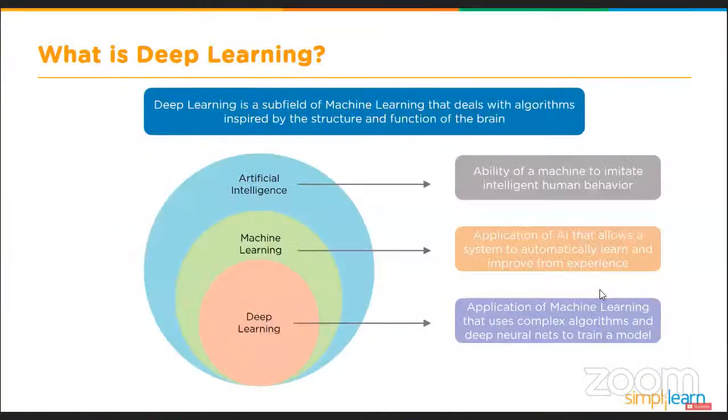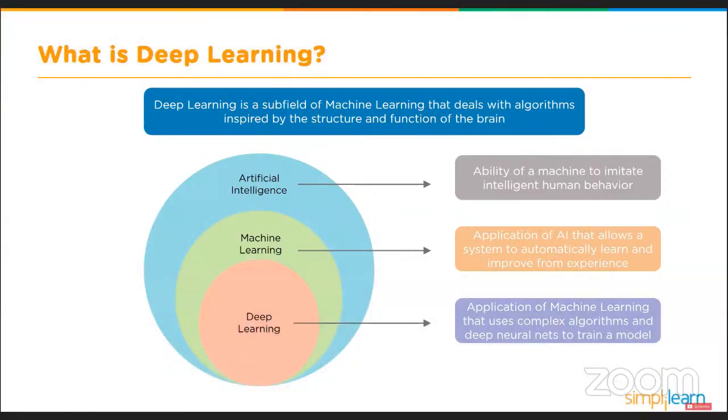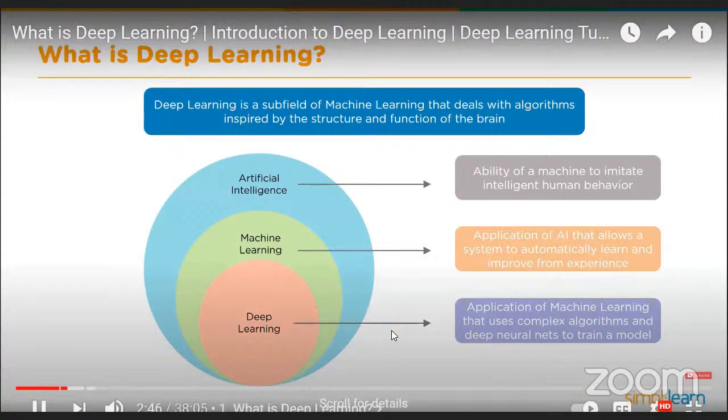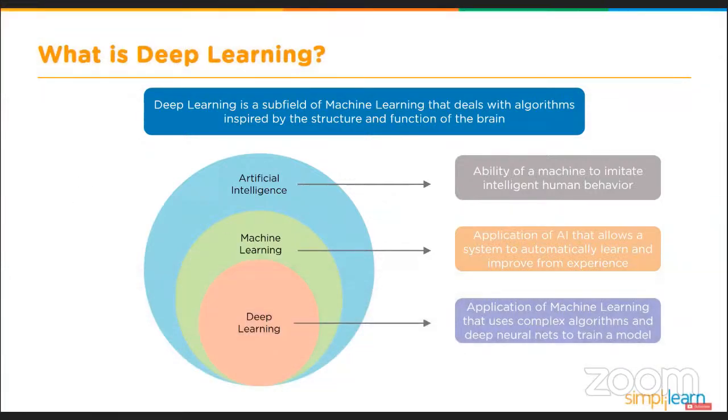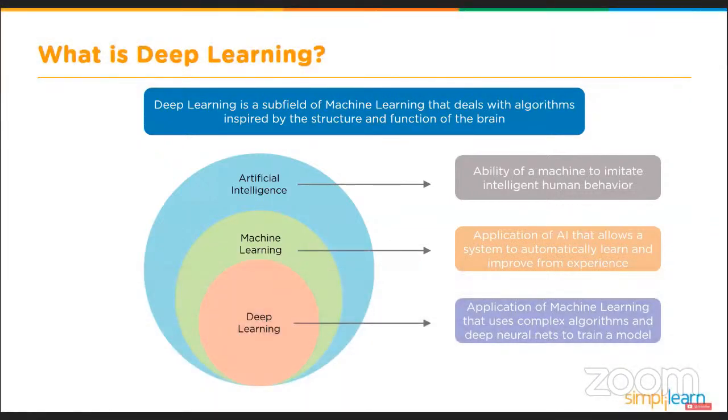So deep learning is considered to be a part of machine learning. This diagram very nicely depicts what deep learning is. At a very high level, you have the all-encompassing artificial intelligence, which is more a concept rather than a technology or a technical concept. Under the hood is actually machine learning and deep learning. And machine learning is a broader concept, you can say, or a broader technology, and deep learning is a subset